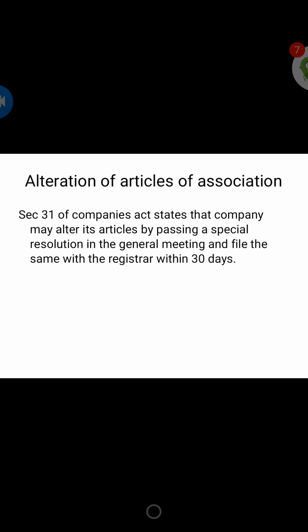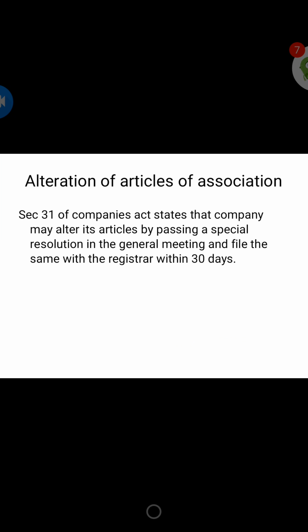In the beginning, when you start the company, you may have a particular object mentioned in the memorandum of association, and the present situation is not supporting you to achieve that. So you have to adjust according to the situation. You cannot change the memorandum of association. So what you change is the way to achieve that object, which means the rules and regulations in the articles of association,